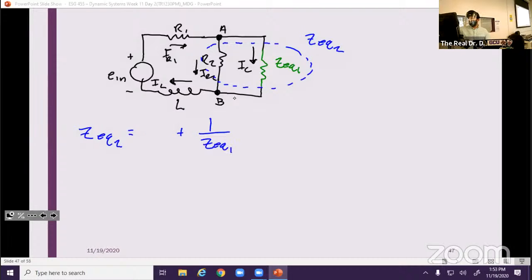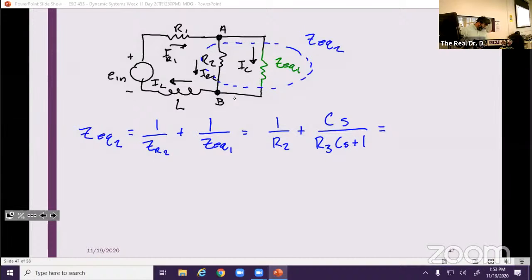Let's call it this: 1 over ZR2, which is 1 over R2, plus 1 over ZEQ1, which would give us CS over R3 CS plus 1. Which, if I do the algebra,